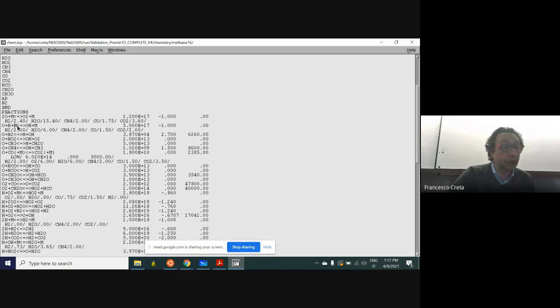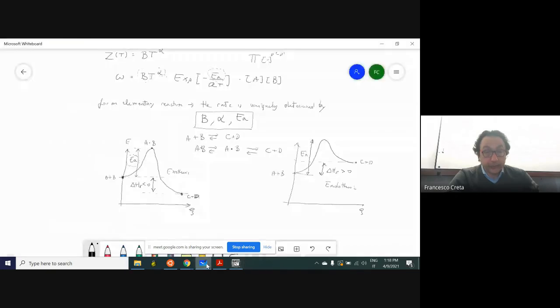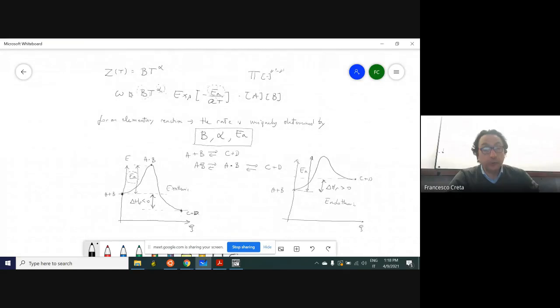So these reactions, generally speaking, will be subject to a reaction rate that is a little bit more complex than the pure Arrhenius form that we've seen, and it's pressure dependent. Look at these three columns here. If you remember what we said yesterday about the three parameters, B, alpha, and the activation energy, these are the only three numbers that you need